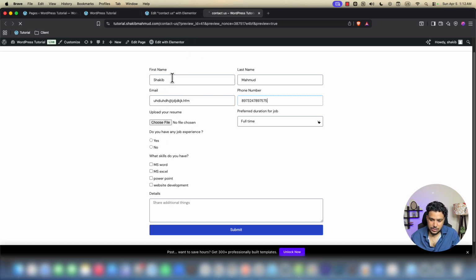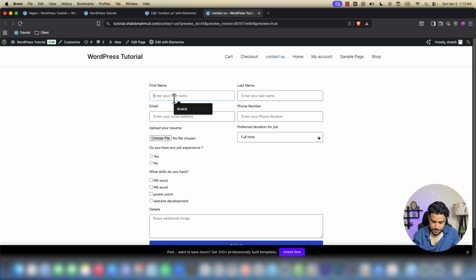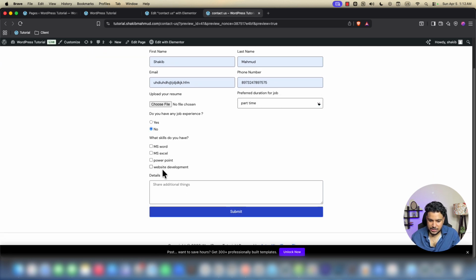So I'm putting my name and everything again. So this is my name. This is the email address. This is the phone number. And I want a part-time job. I don't have any experience. I have website development skill. I have all these skills actually. So nothing, I'm putting nothing. And if I click submit now,